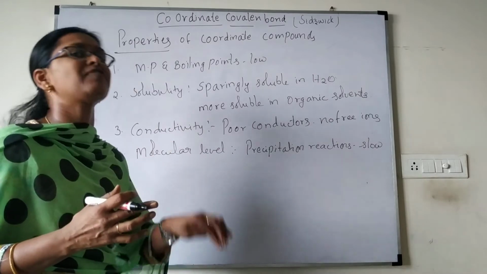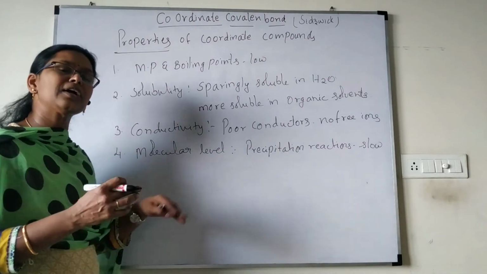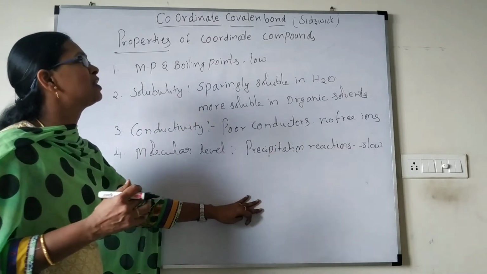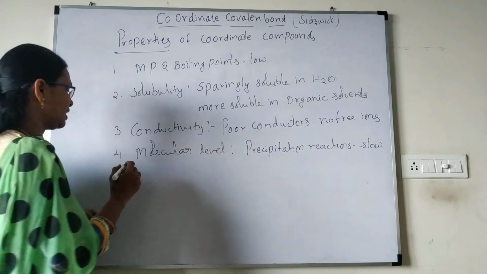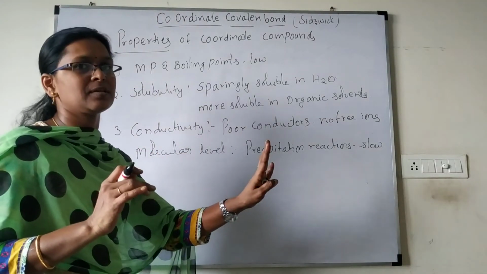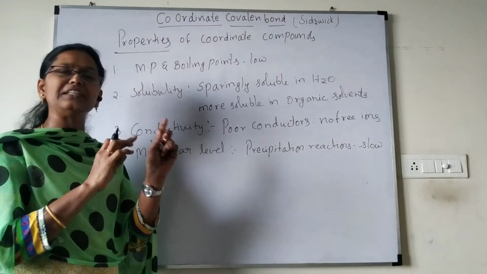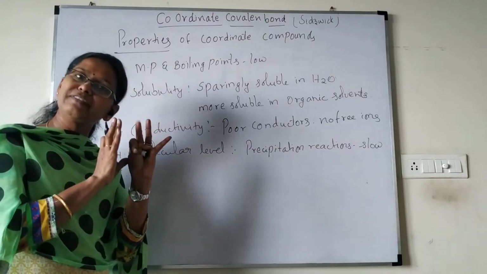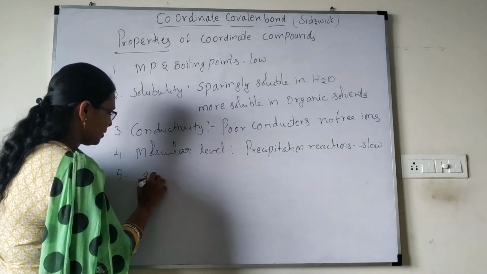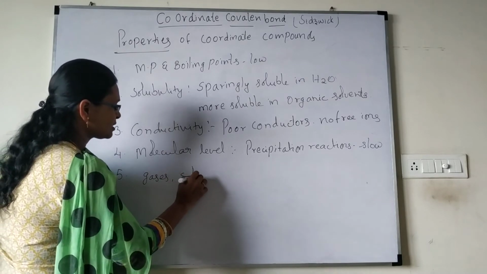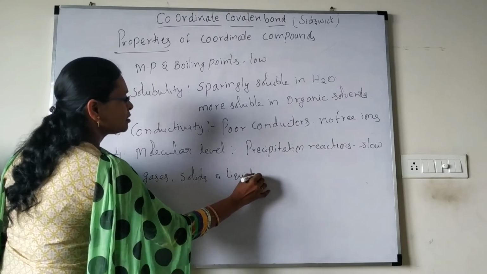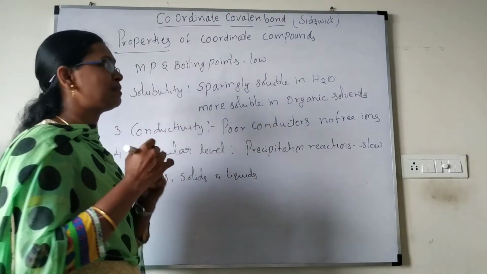Only ionic compounds show fast reactions, because ionic compounds are fast reactive, like metals. And here one more thing, existence. Ionic compounds are completely solids. Covalent compounds can exist in the form of gases, liquids and even solids. Okay, so this is the complete explanation of the covalent bond.